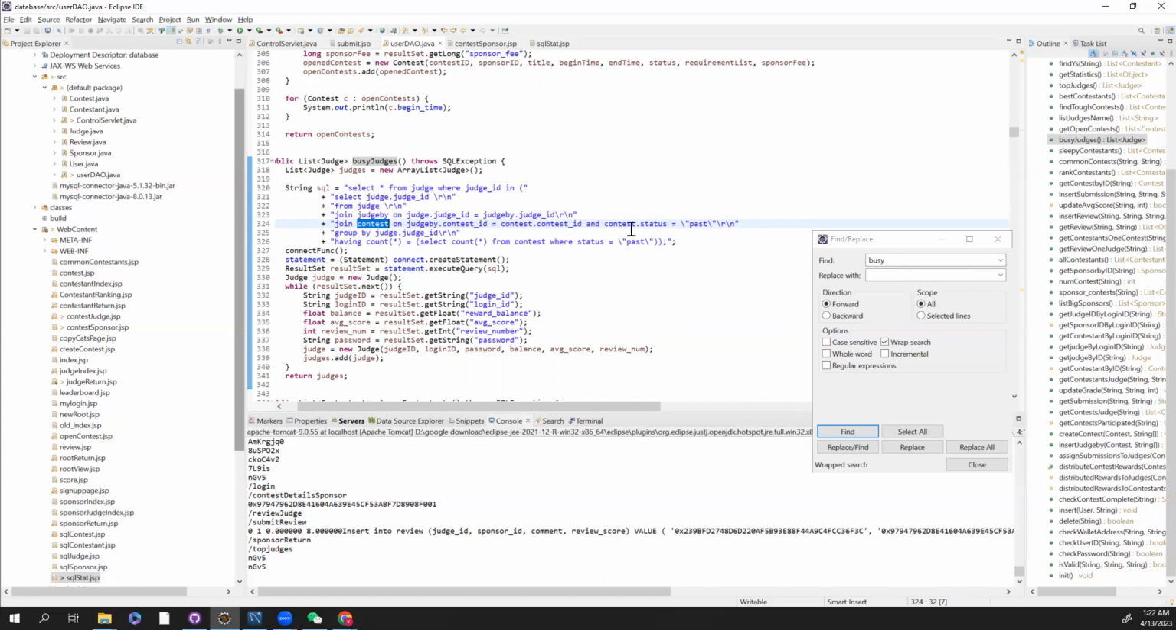And also we define that the contest must be a past contest. And then in these BigQueries, we group by the judge ID. So in each group, I mean basically for each judge, we check if the number of contests they judged is equal to